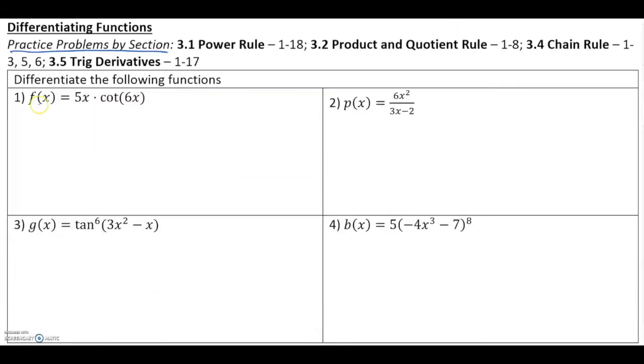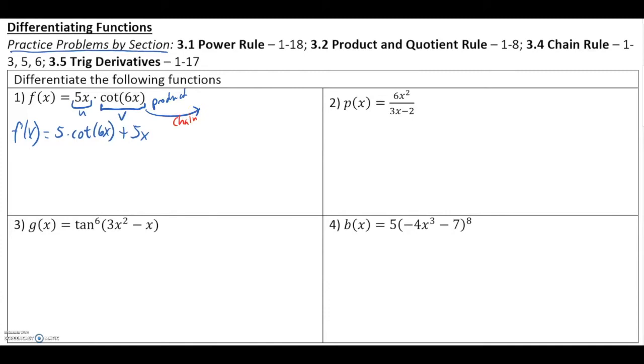So in the first one we have f of x equals 5x times cotangent of 6x. First of all, we have two different functions with an x in them, and we said times. So we have to be using our product rule. We'll do derivative of the first times the second left alone plus the first times the derivative of the second. Now on derivative of the second,